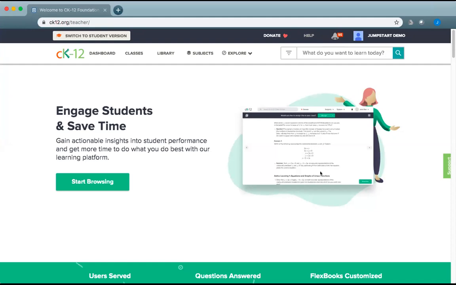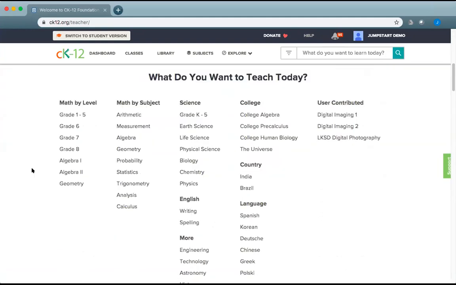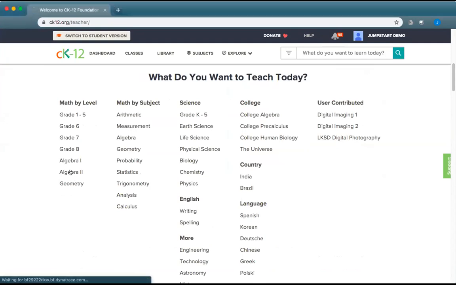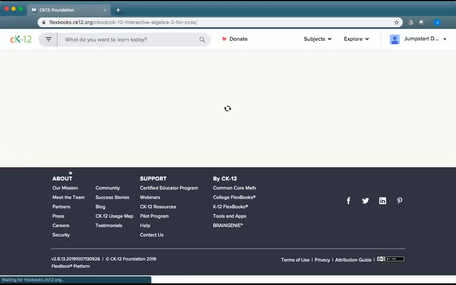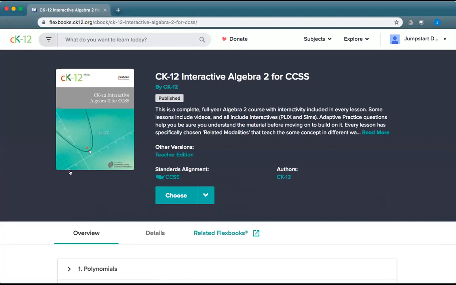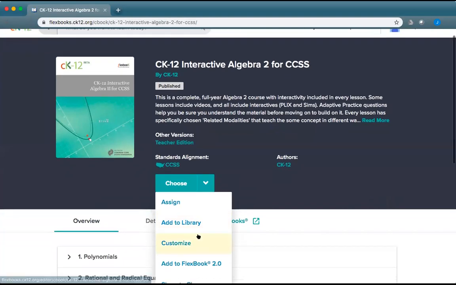Maybe I explored our site. So I can go down here and say I'm going to start with our nice new Algebra 2 2.0 Flexbook. I'm going to take that content. Because I want all of this content to start with, I can simply choose to customize this as my starting